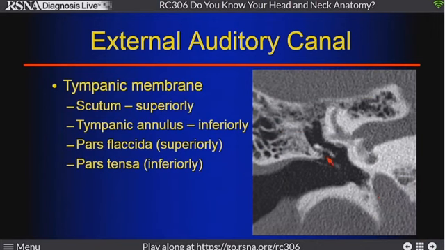So we want to remember that important anatomy there. So our TM is extending there. We see here the scutum, or shield, up high and the tympanic annulus down low, the inferior attachment. So it is at an angle going down in our EAC. And the skin is constantly trying to be cleared, and we take Q-tips and we shove that skin back in.